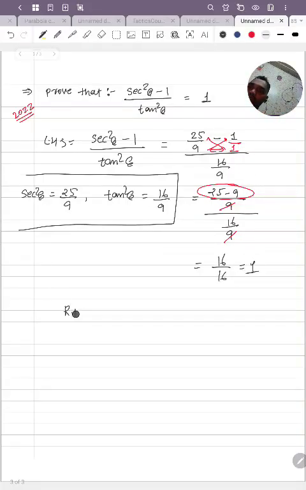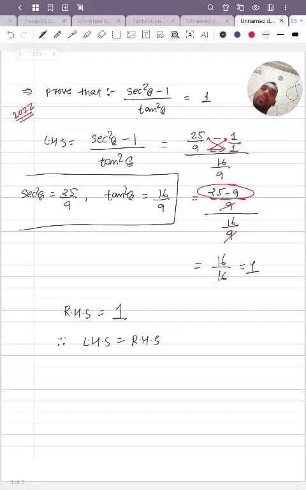And the right hand side is already given as 1, so hence you can check there. Therefore left hand side is equal to the right hand side. Hence we can prove that LHS is equal to RHS. So this way you can prove all kinds of proving questions in trigonometry, and it is one of the easy methods. Since you have a calculator also, it becomes even easier for you. So instead of using the butterfly method or cross multiplication, you can use a calculator